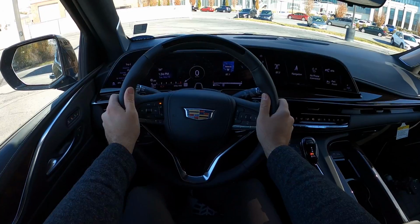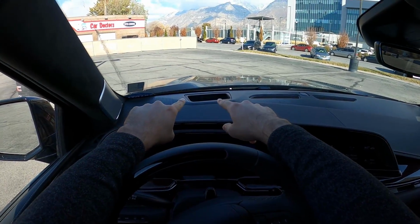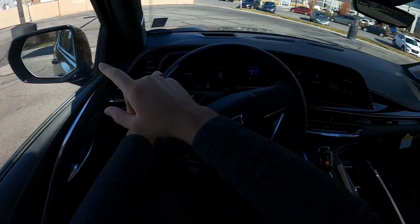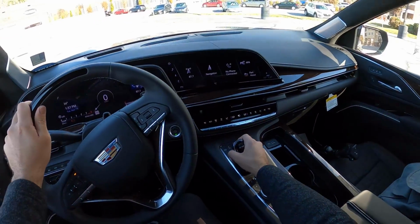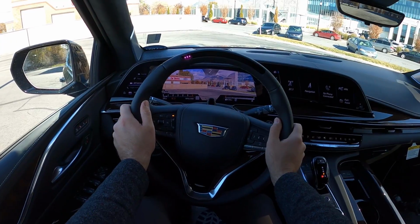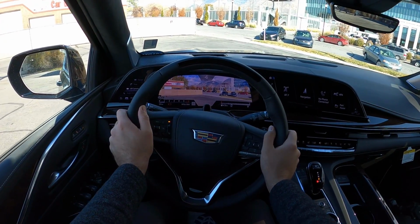Let's talk about visibility before we set off. Here's your visibility over the hood, and hopefully you can now see the heads-up display. Both of the mirrors. Then throughout the rest of the rear. And let's set off. So first off, I gotta put on the AR camera just to mess with you guys